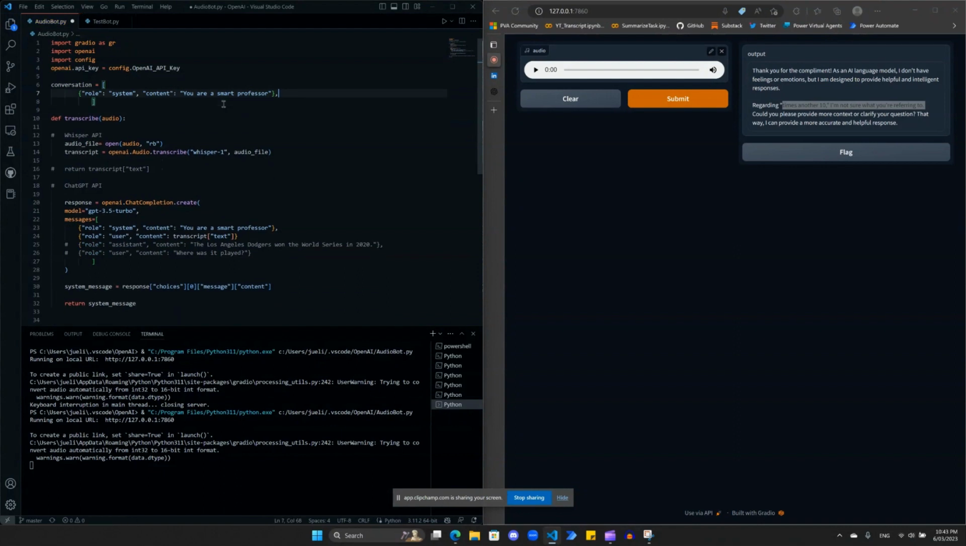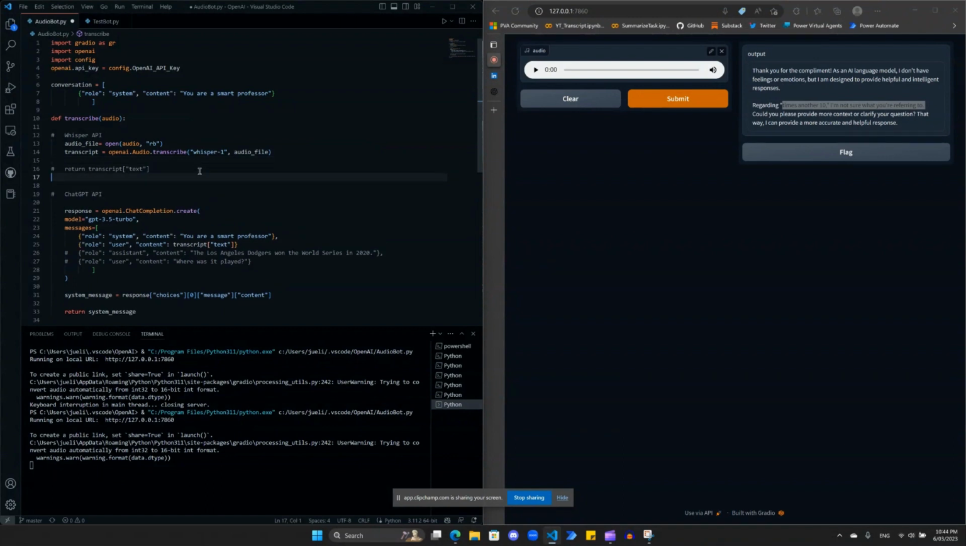Okay. Get rid of the comma too. Okay. For this new variable, the global variable will start with the system role: you are a smart professor. And then we're going to keep appending the user's questions and responses from ChatGPT and the user's follow-up questions and responses again to build up a conversation history. So right after this Whisper API, which is our first question,